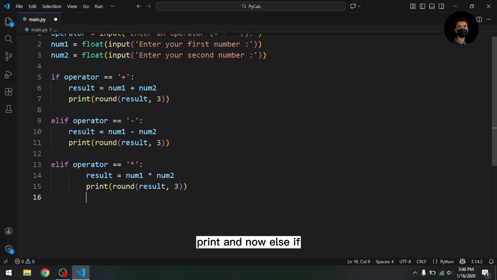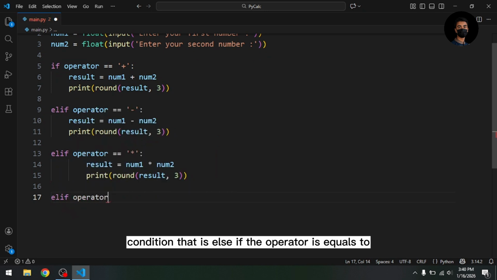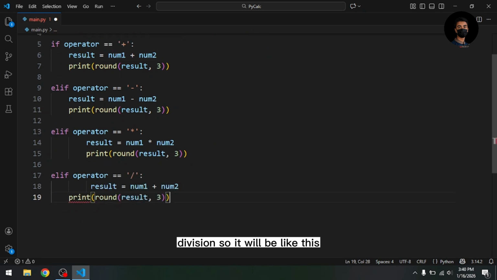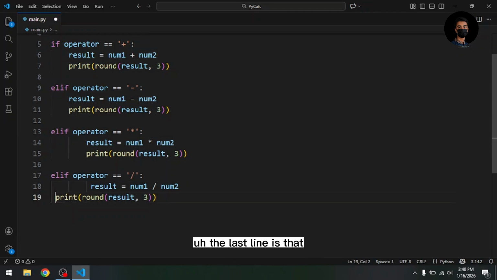Print. And now elif, one more condition, that is elif the operator is equal to division, so it will be like this. Print num1 divided by num2. Everything is okay. So now the last line is that